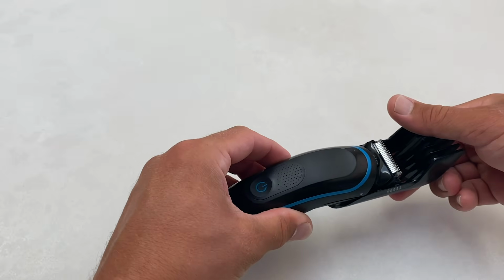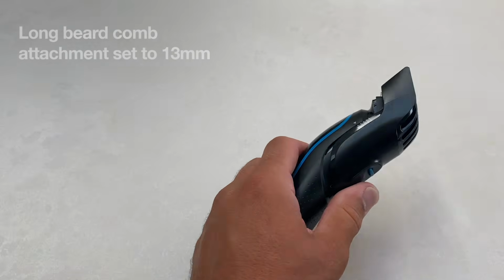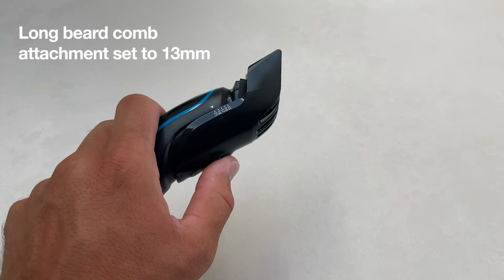Now my dad's been living with me for the last 10 weeks, and he hasn't touched his beard at all. So I'm going to be using the Braun Multi-Groomer and Braun Series 9 to trim up, reshape and style my dad's beard. Our first length, with a long beard attachment, we're going to start on the shortest on this,